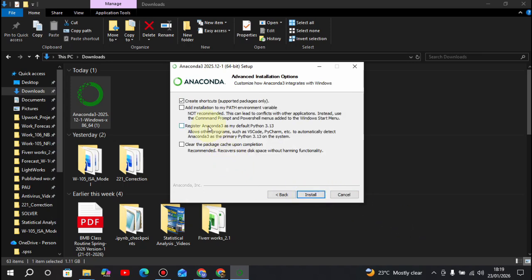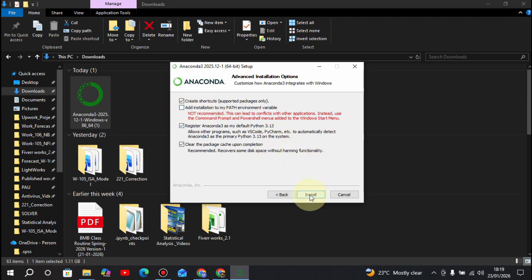Next, and from here we can see there are several options. The last option is clear the package cache upon completion, register Anaconda as my default Python 3.13, and the final one is add installation to my path environment. We'll select everything. We can see this first one is not recommended. We'll leave it blank,